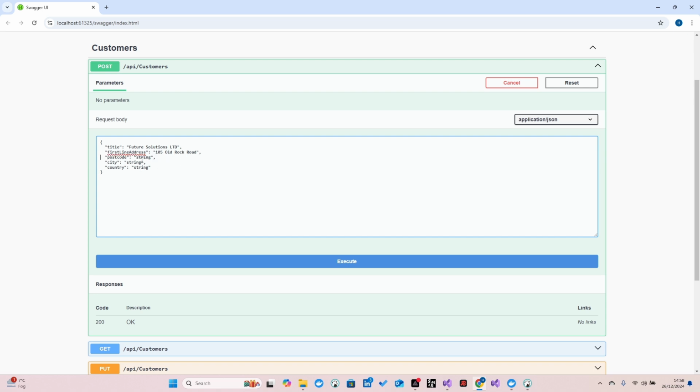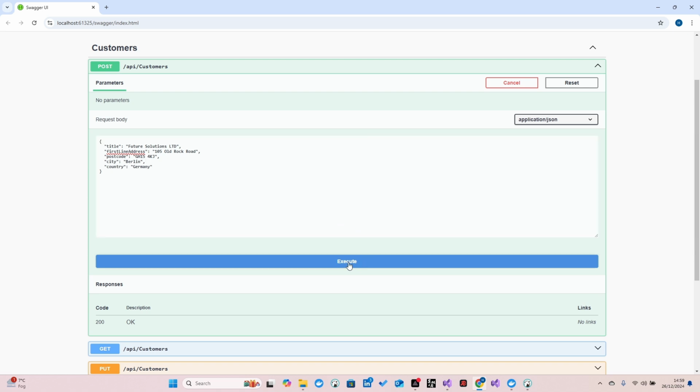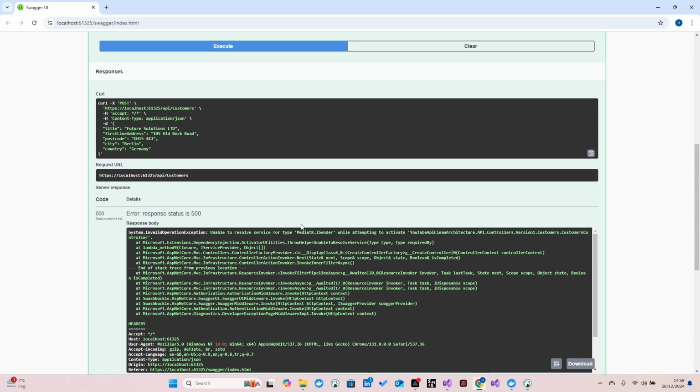Postcode GH154KJ. Let's say City Berlin. The country is Germany. Perfect. Let's try to execute and see what's gonna happen. Okay, we got a 500 error. Okay, what's the issue is,